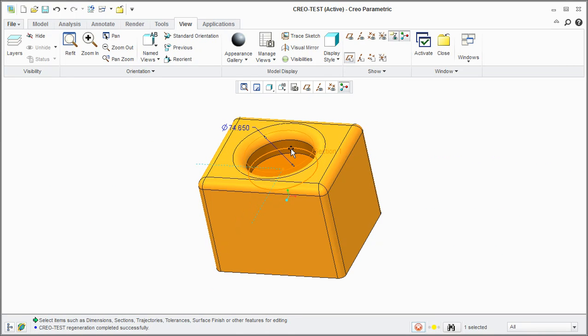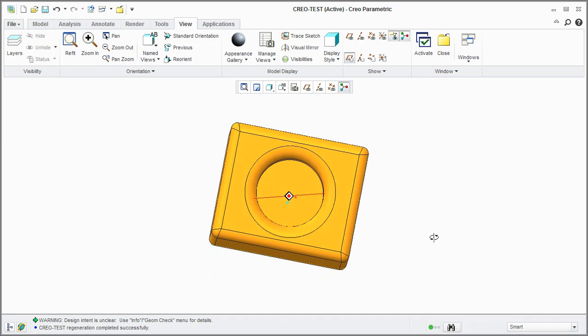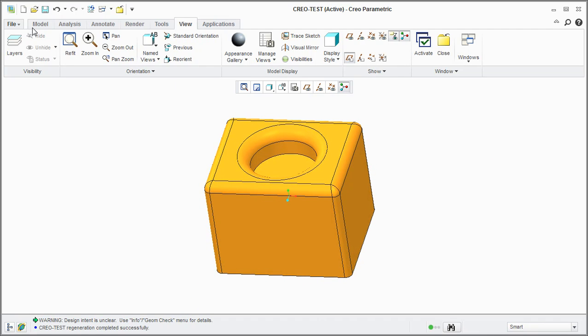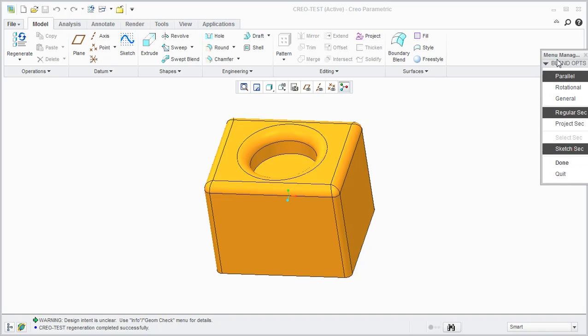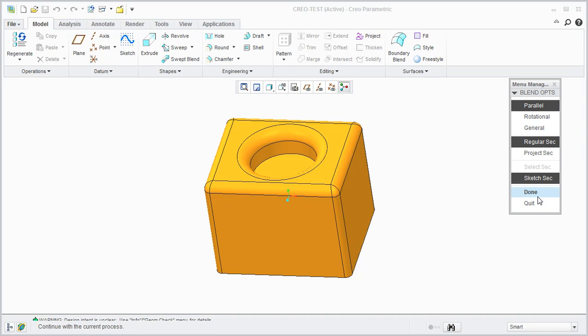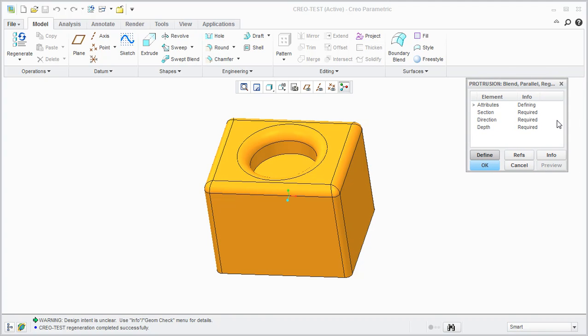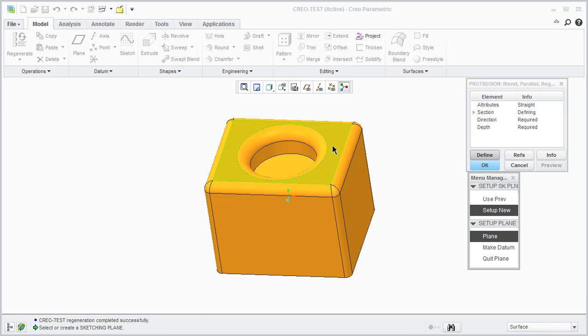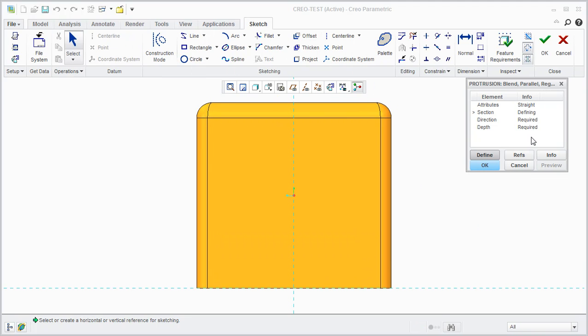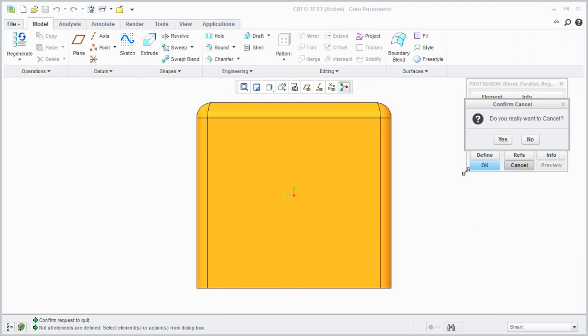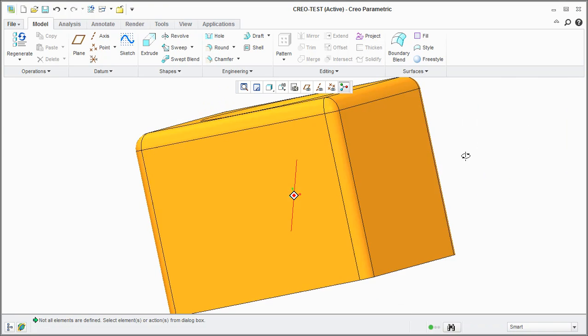But despite all of these great new improvements, which they are great, if you go to your model tab and under shapes, if you click on blend, now you start seeing some of the old UI. You hit protrusion and it went off the screen, but there she is, the menu manager. The menu manager is still alive, just like it used to be in 1980, and it never went away in Wildfire. So this is what frustrates me, is to see this old UI in this nice shiny new idea that